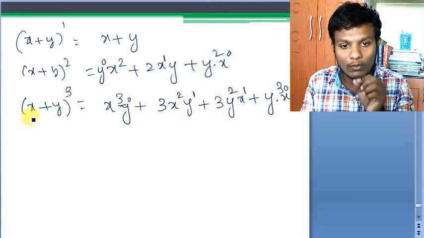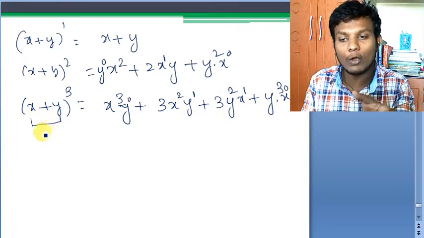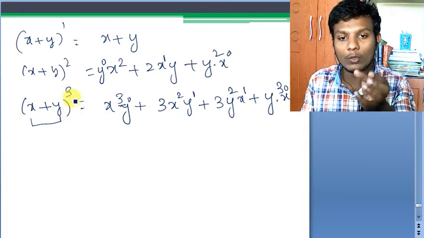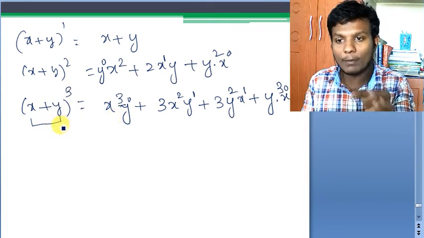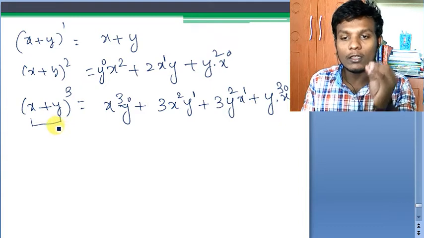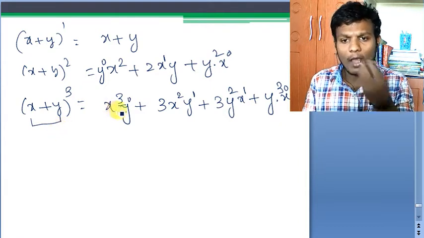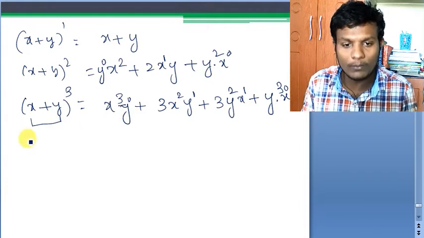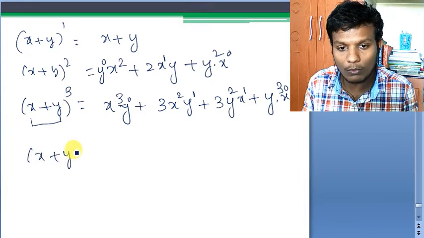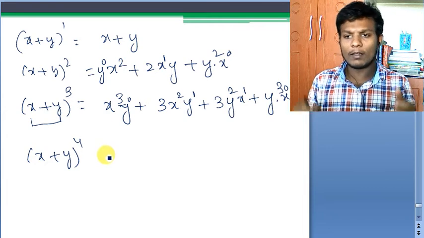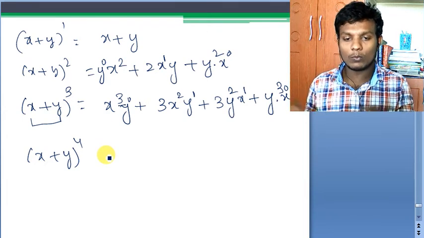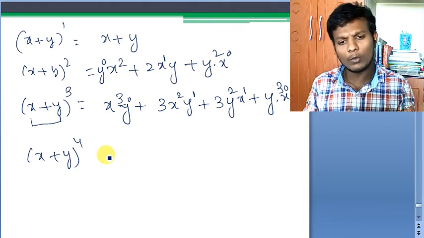When we have a binomial and we are expanding it to a power, this is what we call binomial expansion basically. You will be learning more about this in higher classes. But how can we actually do it? Suppose I have x plus y whole power 4, should I take x plus y into x plus y into x plus y into x plus y? There is no meaning in that at all.